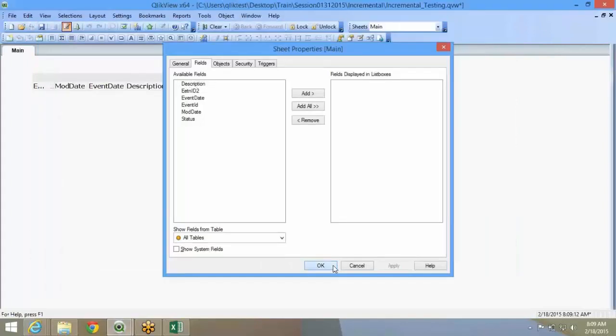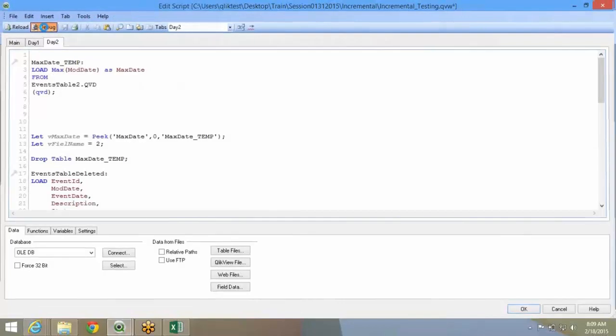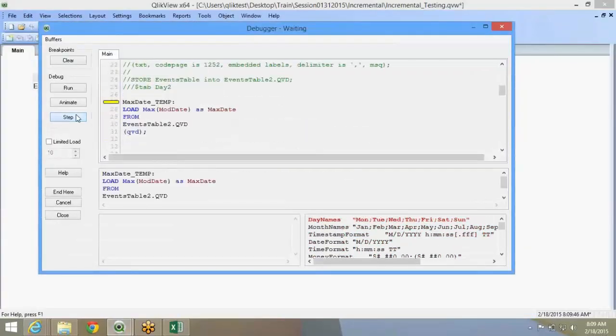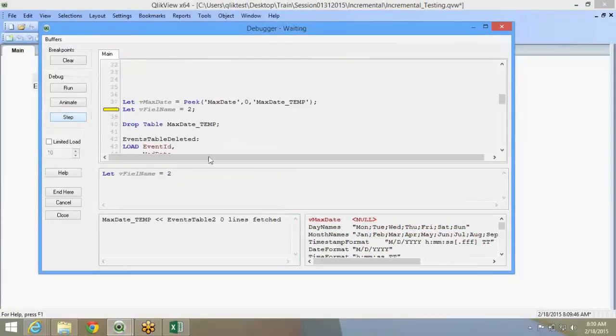And now it is done. But no records given. So we'll debug that. So like I said, you can go now step by step, so you can verify what is happening. So now this table is giving me again 0 lines. So my vMaxDate is again null.